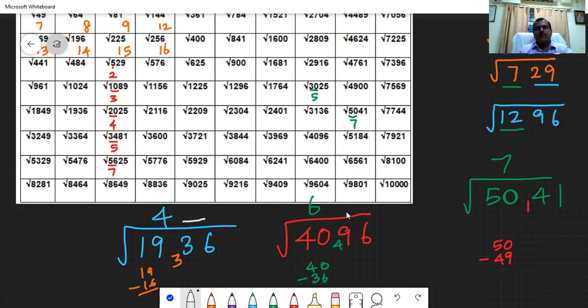We want to find the second part. First part is 6, we want to find the second digit. First part is 7, we have to find the second digit. Understand? Now, very important things. Here we have remainder 33, the next part is 49, and the next part is 40.